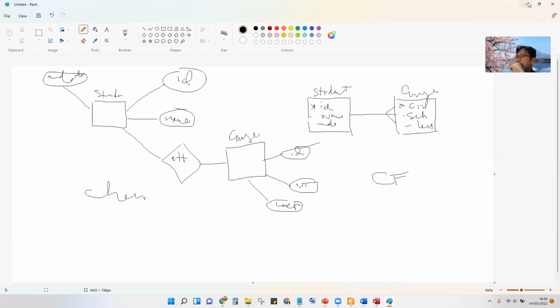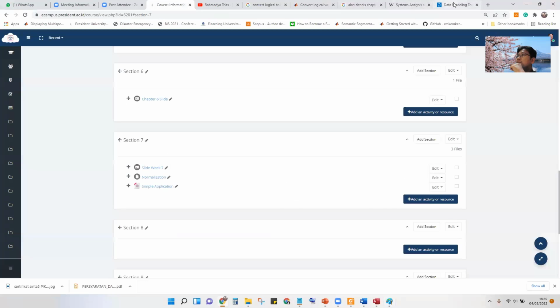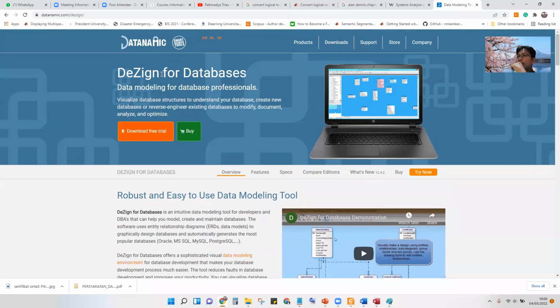And also you can download some CASE tools, computer aided software engineering, for example, Data Dynamic Design.